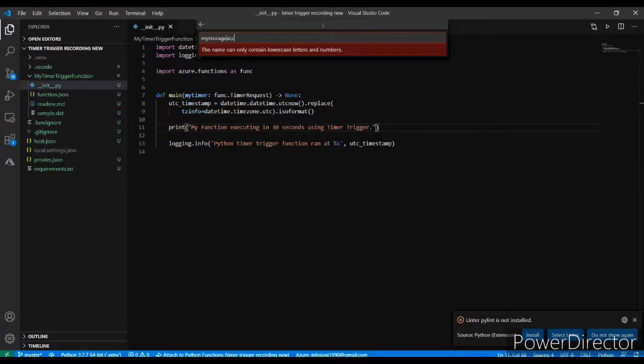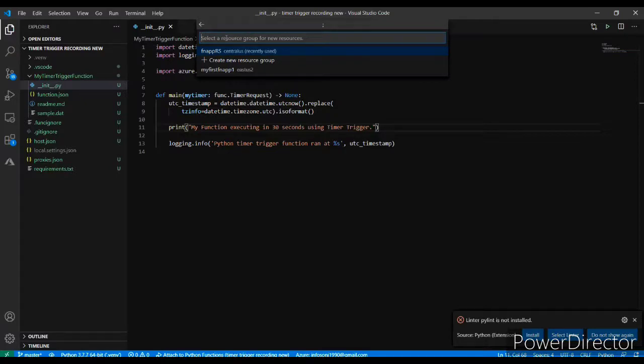Okay, so this is unique name. So you need to just specify a unique name for your storage account.